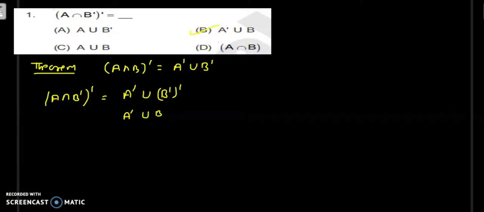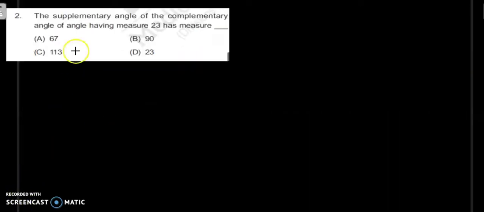Next question, question number two. Read the question. The supplementary angle of the complementary angle of an angle having measure 23 has measure. Students get confused by this language, but we can easily understand that we have to find the supplementary angle of the complementary angle of the angle having measure 23. Suppose your theta is 23. Then the complementary angle of this